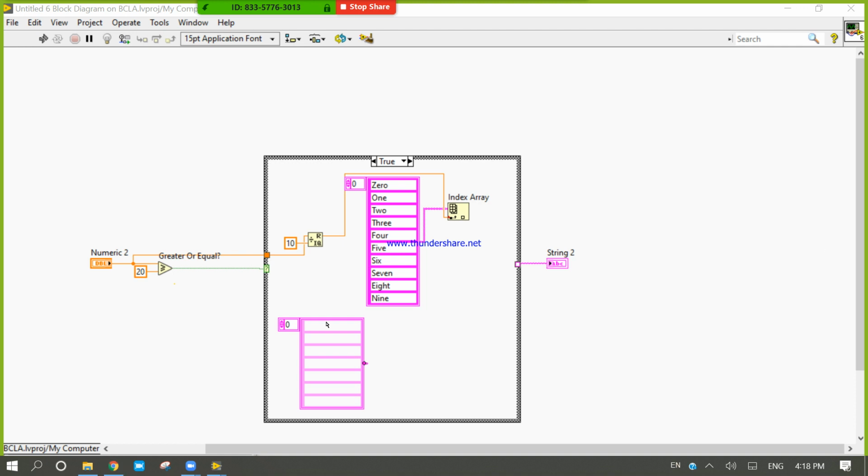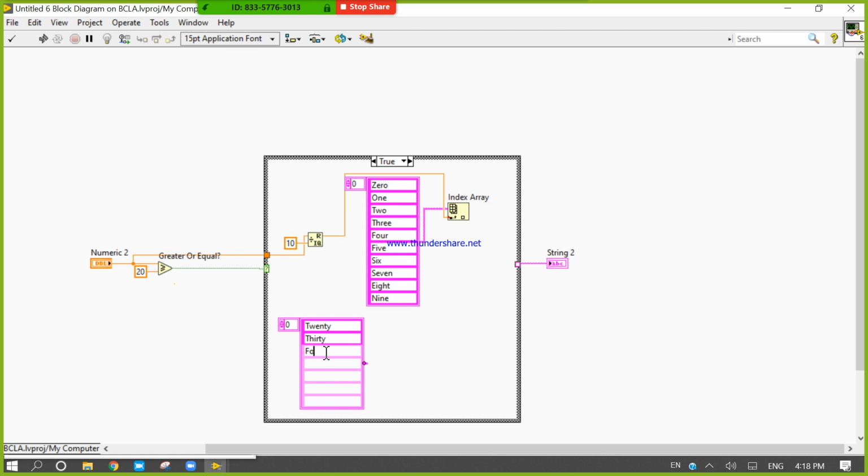Wait, here, okay. 20, 30, 40, because it's a very easy program.